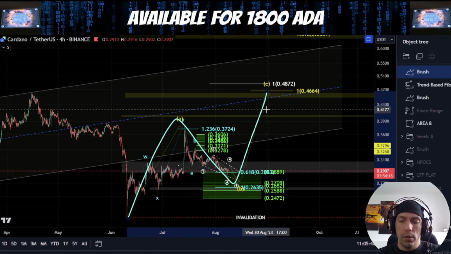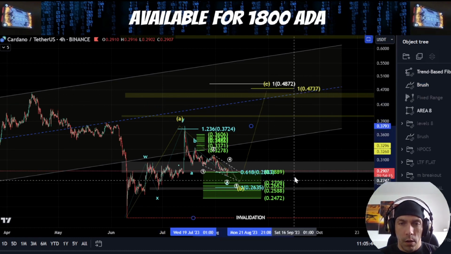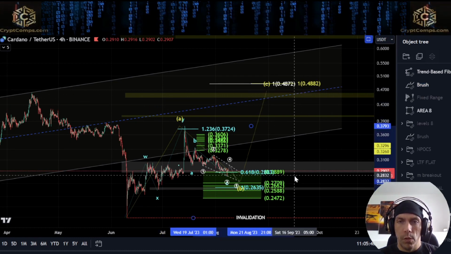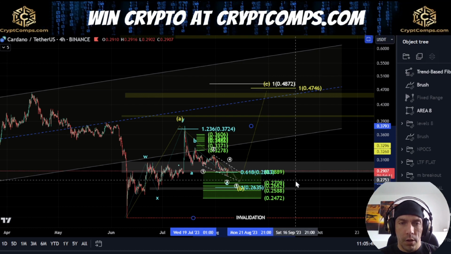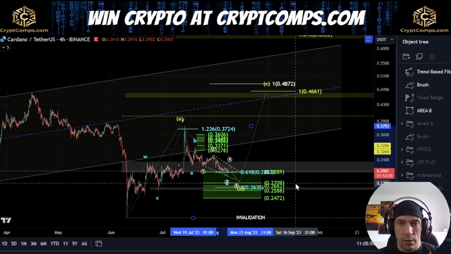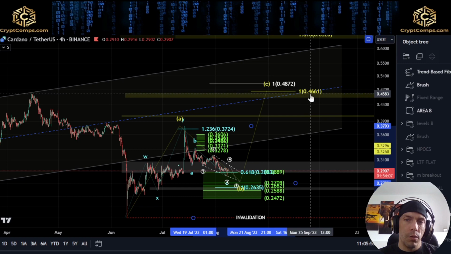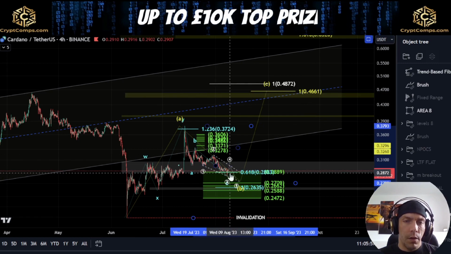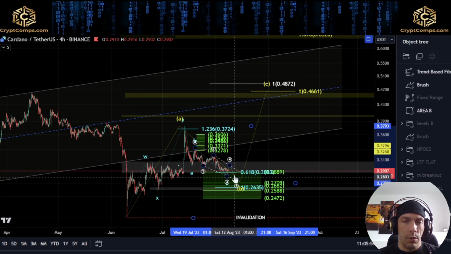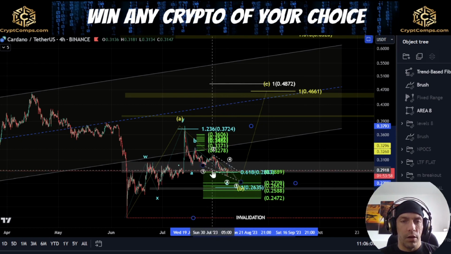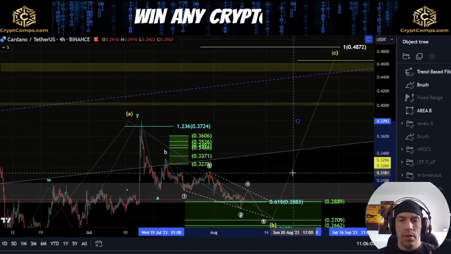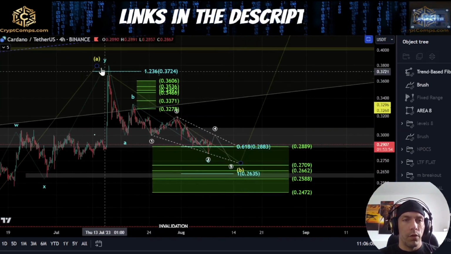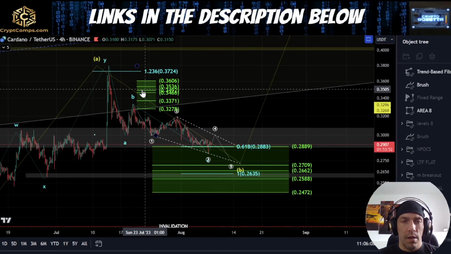Now the ideal target off of where we currently are would actually be here towards the zone of this 4882. If we come down one more time, like I said, towards that 618 level, this would push us up towards this 4661. So I'm going to be watching these internals here to see if we actually get this as just a corrective move up, and then we look to break down in just another 3-wave move, which would align with this idea here that this whole move is just a bigger corrective pattern as an A, B, and then 1,